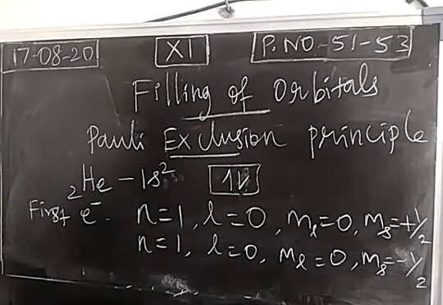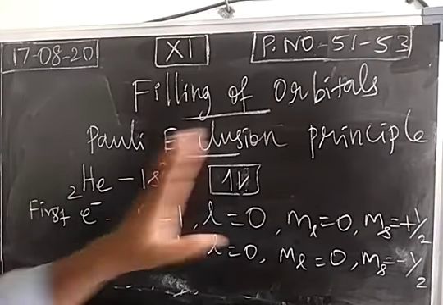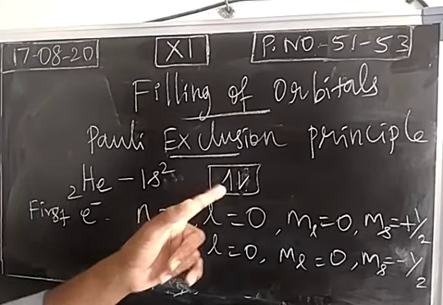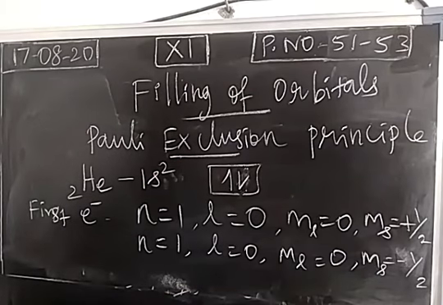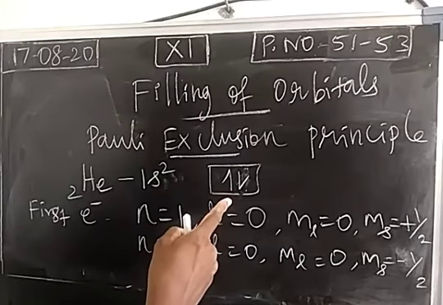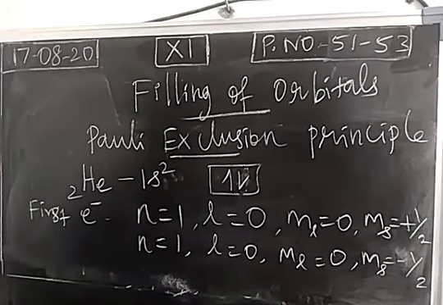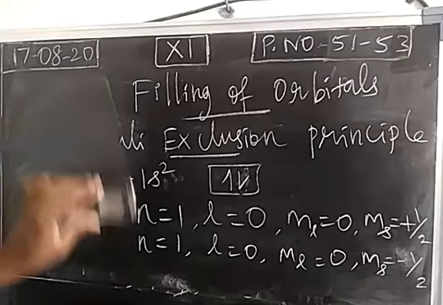So in an orbital, 2 electrons may have maximum 3 quantum numbers the same, but the 4th quantum number will be different. So no 2 electrons in an atom can have the same quantum numbers. All the quantum numbers will not be the same for 2 electrons in an orbital. Definitely the 4th, spin quantum number, will be different. So this is called the Pauli exclusion principle. What is the application of this one? When we arrange the electrons in an orbital, one electron should spin in clockwise direction, another electron should spin in anti-clockwise direction.